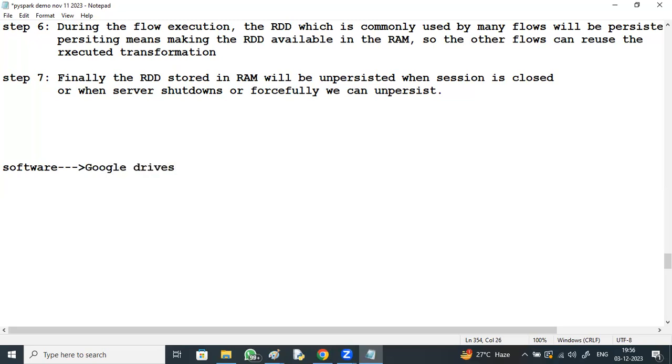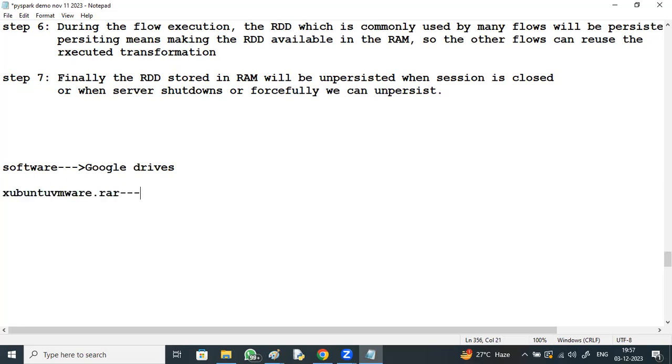People who are already working in Hadoop can use the same software, but I'll provide one RAR file, the Xubuntu VMware RAR file. If you are already doing Hadoop practicals, in the same thing you can perform Spark, PySpark, Spark with Scala, everything. It's one RAR file; just extract it.